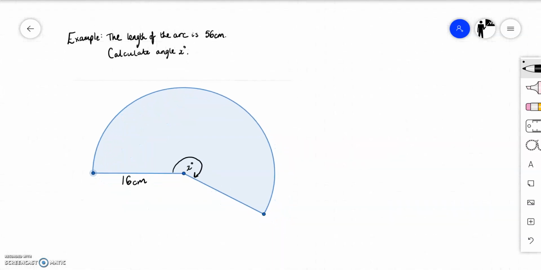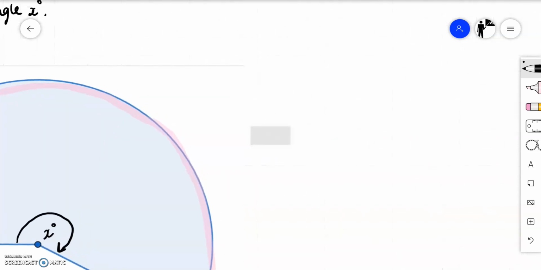The length of the arc is 56 centimetres. Calculate angle X. So we're told that the length of this pink highlighted section here is 56 centimetres. We want to work out this reflex angle. Well, it's mentioning the length of the arc, so I think it would be worthwhile to write down the formula for the length of the arc. To work out the arc length,